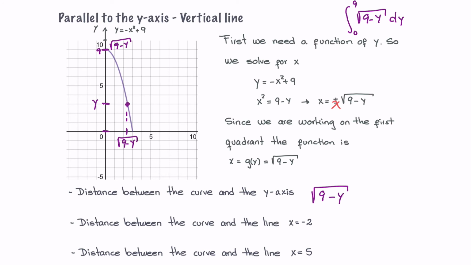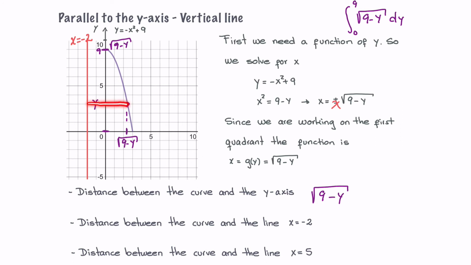Now, find the distance between the curve and the line x equals negative 2. Let's graph it. x equals negative 2 would be here. So that's the line x equals negative 2. All right? And we want to find the distance at any y. So place your y any place you want. I place it here because it's convenient. I've already written that down. And we want to find this